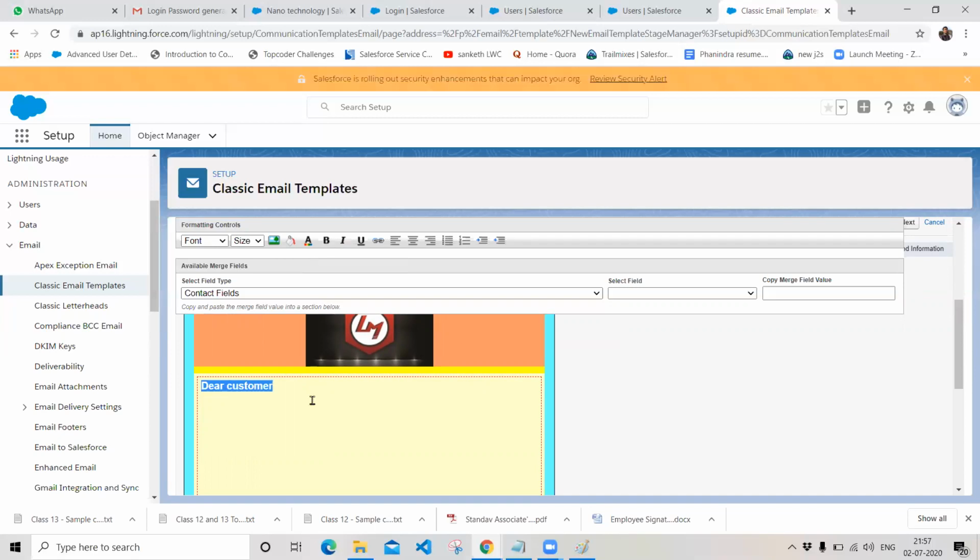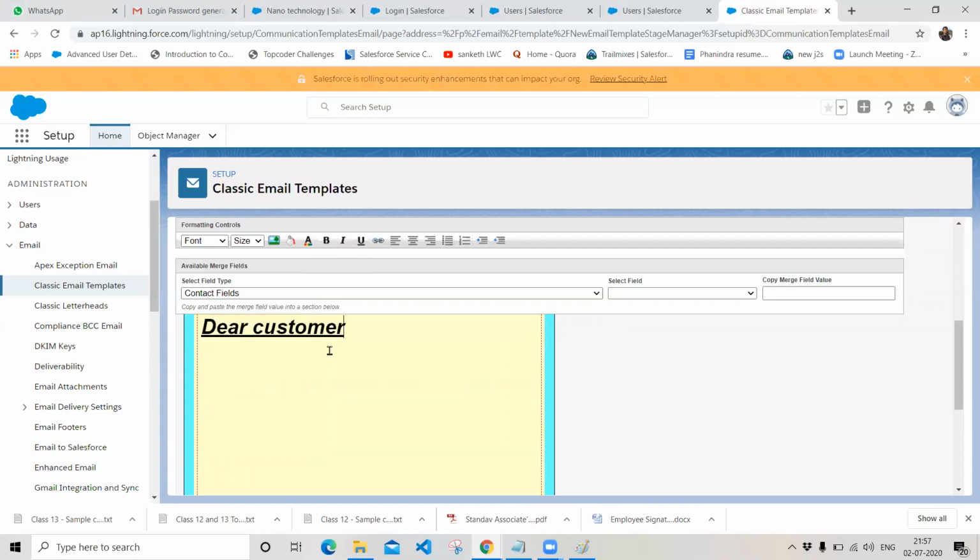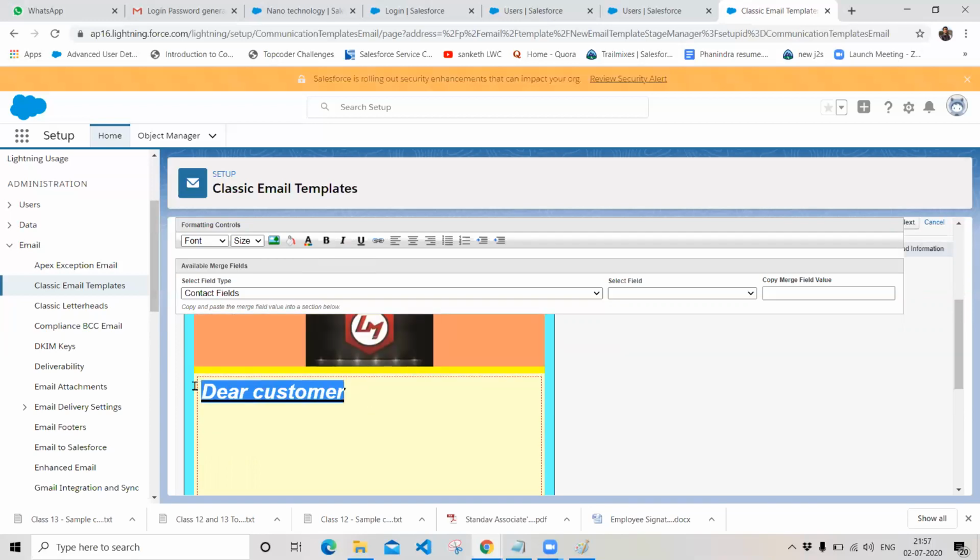If you click on bold, the letters will become bold, and you can define the italic style here, and also define an underline, and also change the font, font size as Arial, and 14 pixel. This is how we can give proper styling with respect to the classic email templates in the HTML format of email templates. And I don't want an underline here.